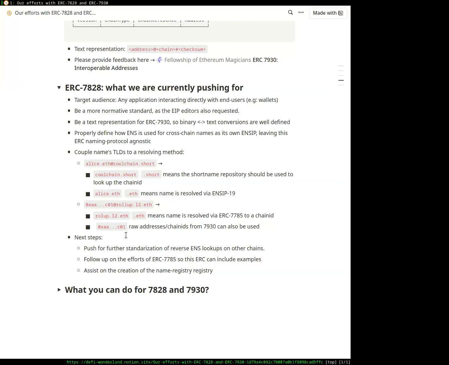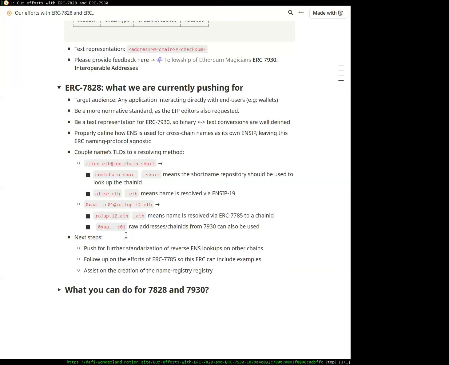It would also be very cool to see ERC 775 moving forward, so we can decentralize the naming of chains as well.